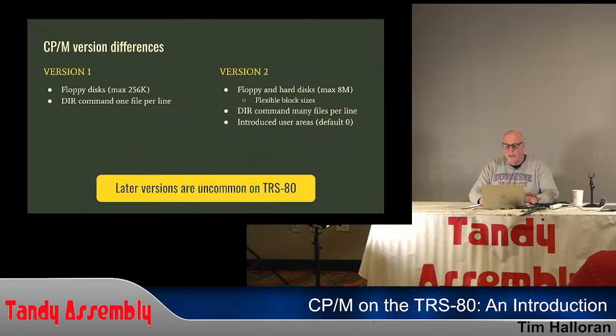These are some of the differences, but the biggie is version 1 CP/M just handles floppies, whereas version 2 usually supports hard disks and floppy disks. So a lot more flexibility in version 2. Some of the commands are a little bit better, and an interesting feature that they added, which I don't know